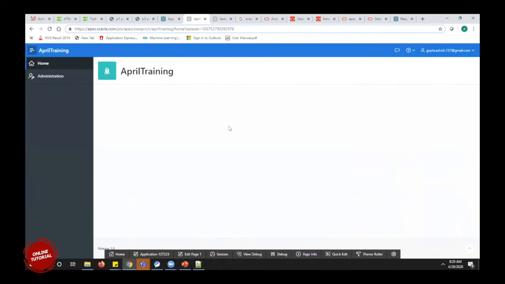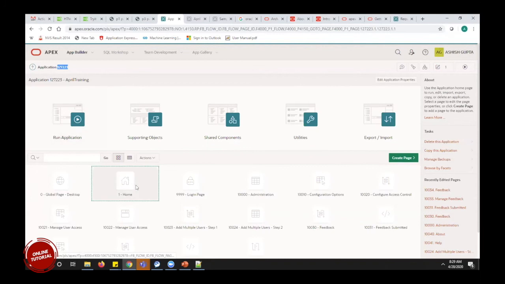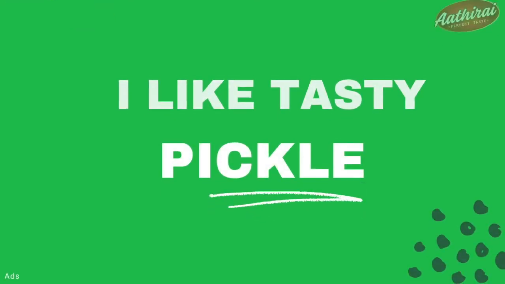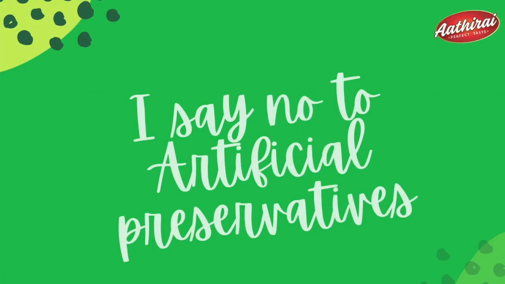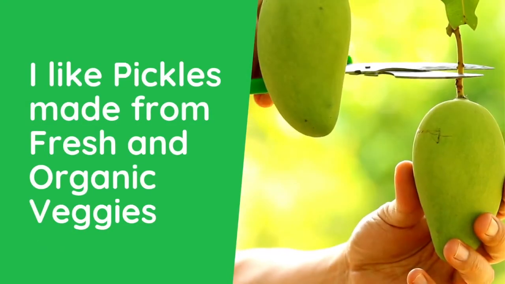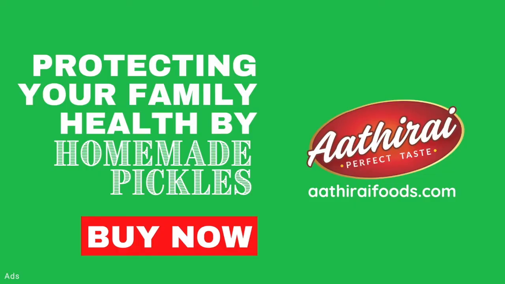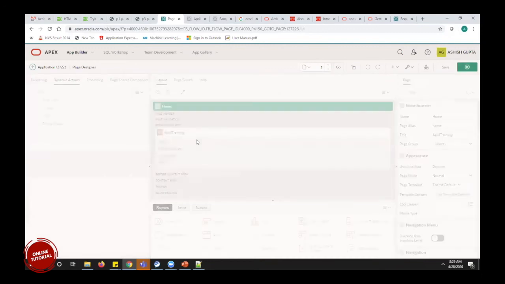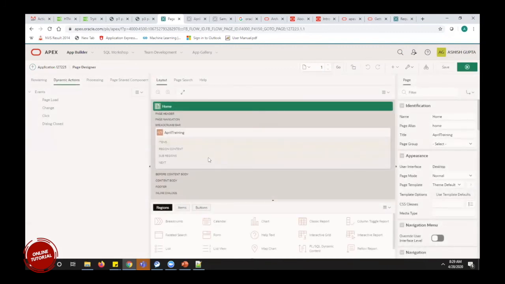It has one disadvantage. Suppose this is the application and I have one home page, and 5 developers are doing the development in this page itself at a time.